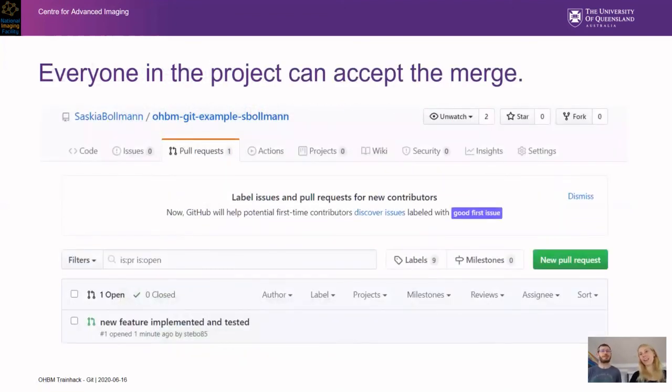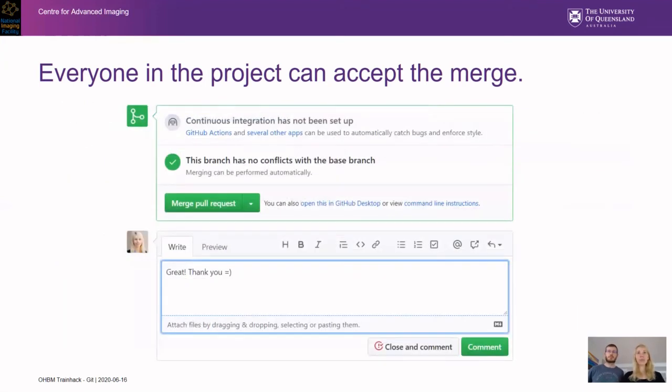Exactly. So now we have the pull request from Stefan. I see it. And I now log in with my credentials onto the repository. And it shows me that he made a new feature, has this new branch, and he wants that new branch integrated into the master branch. And he asks me to check that what he did was plausible. And once I go back through the code,